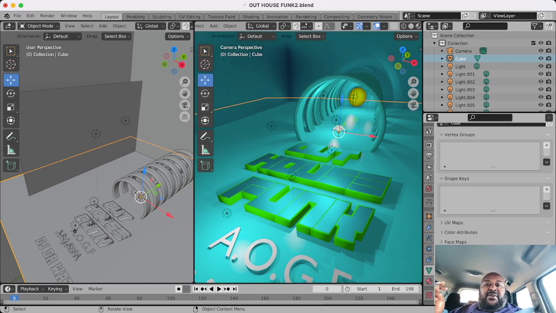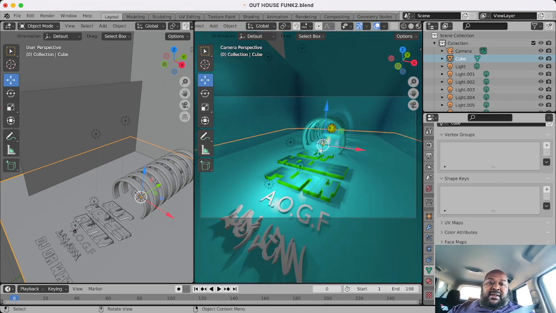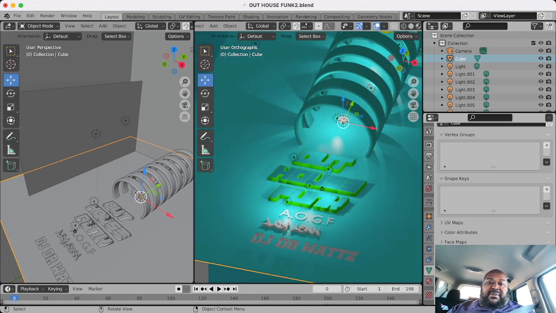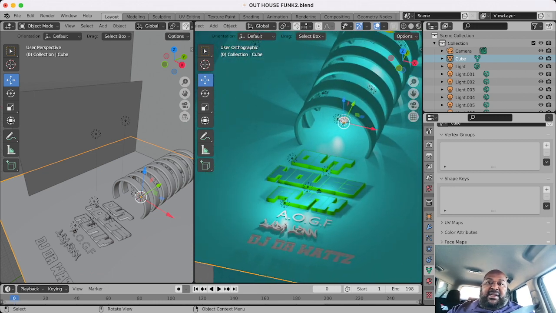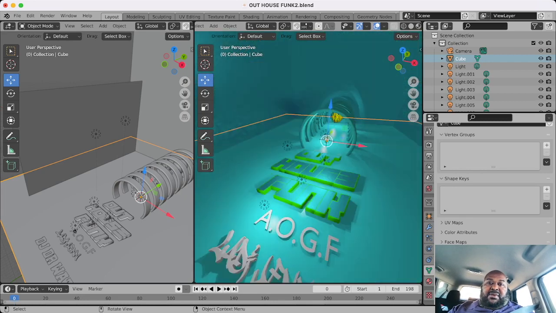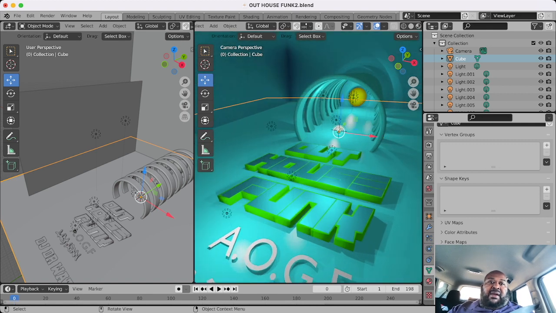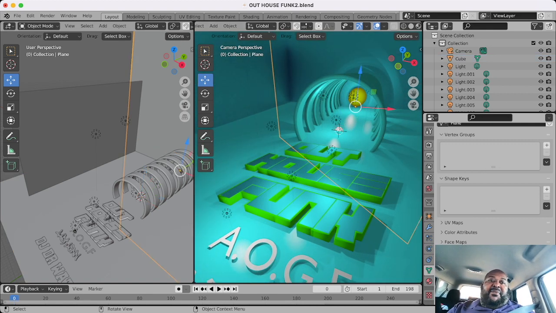So I'm going to show you some things that I did. Now these at the bottom, I still have to format. There's my wife's name right down there, Lady Jen, and I'm DJ Dr. Watts. I want to show you some of the ways I started with this. I won't be able to do all of it because I have to get to work, but I'm going to show you how I came up with these and how you can use this to bring